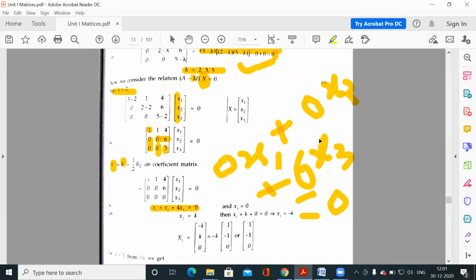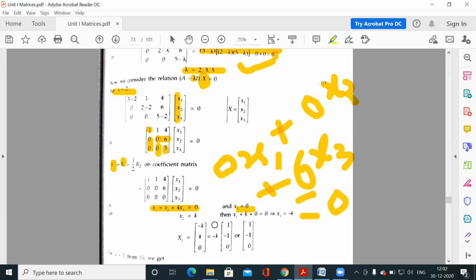x2 is any real value, but for x3, because we have to make this equation equal to 0. So for x3, because the coefficient of x3 is 6, so we have to make this 0. So x3 must be 0 to make this equation 0. x1 may be any real number, x2 may be any real number. बट क्योंकि हमें इसको जीरो के इक्वल रखना है, तो x3 की वैल्यू क्या होना चाहिए, जीरो, क्योंकि 6 into 0 तभी जीरो होगा. ये तो आपके किसी भी वैल्यू के लिए कोफिशिएंट जीरो हो जाए, कर देगा इसको. तो सो फॉर दिस सिस्टम मींस द रिड्यूस इक्वेशन इज 0x1, 0x2, 6x3. So this x3 must be 0. So this is your second equation, x3 is equal to 0.